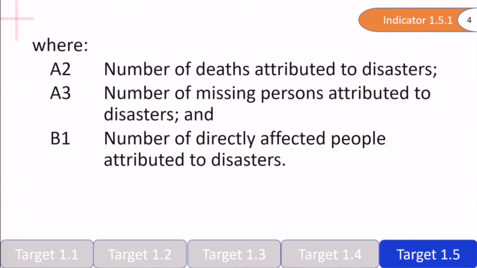A2 could be the number of deaths attributed to different disasters, A3 could be the number of missing persons attributed to disasters, and B1 is the number of people who are directly affected because of various disasters. So, we need to define the types of disasters we would like to propose, come out with different numbers and then calculate the total based on the total population into